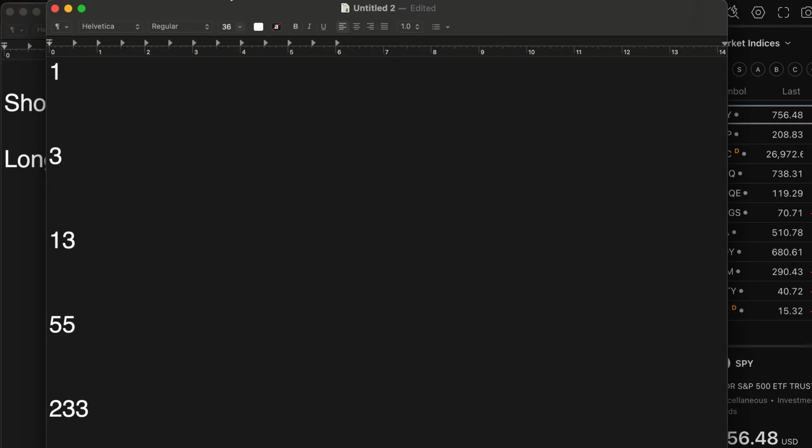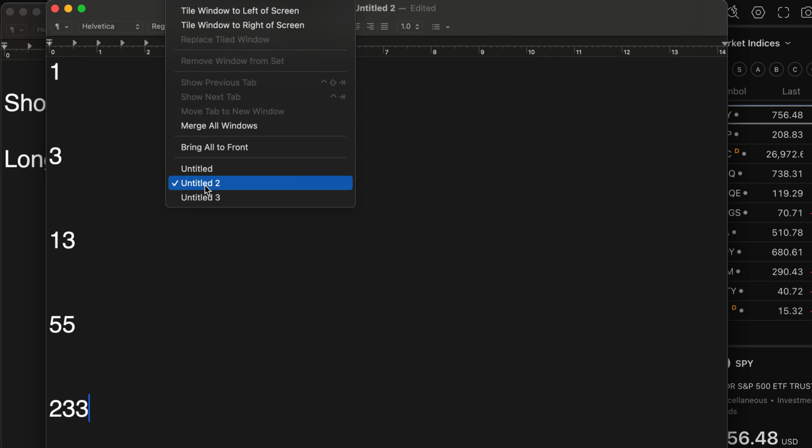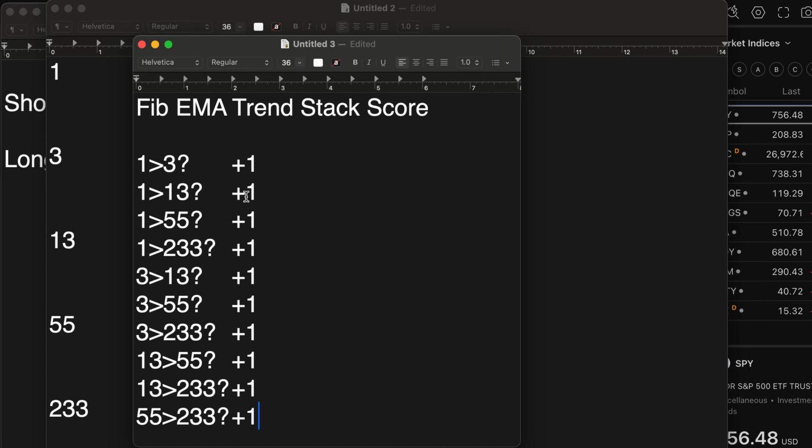And I created a new indicator. This is inspired by Mike Webster. He has an indicator called the Fibonacci. So let me pull up that window. And he would use all of the EMAs from 1 to 233 and see which ones are above the other. But with me using just these 5,